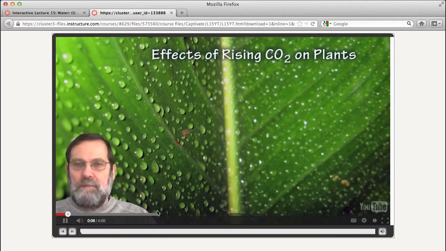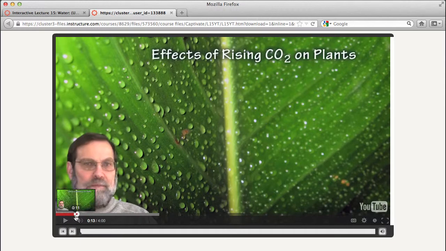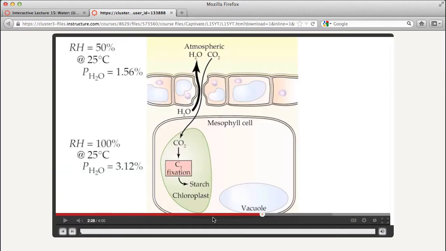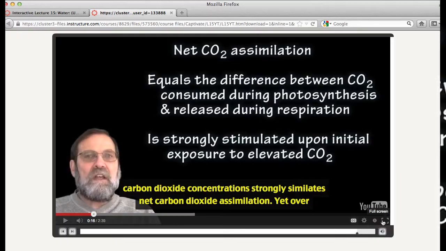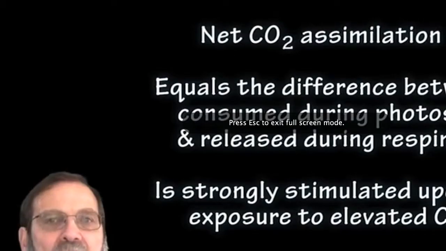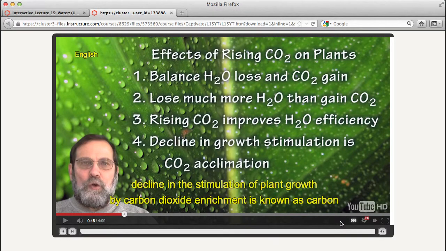Whenever there is a video playing on screen, if you hover over the video momentarily, it will bring up the video player's interface, which will allow you to play and pause the video, scrub to a particular area, control the volume, play the video in full screen mode, adjust the quality either higher or lower depending on your connection to the internet, and turn captions on or off.